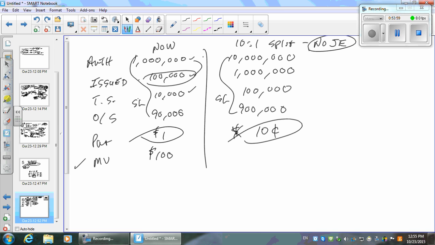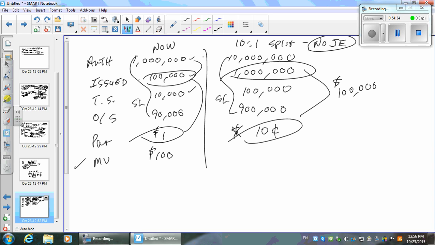You will see par values that are a penny, that are 1/10 of 1%. How does that happen? Over the years, they keep doing stock splits. You do enough 10-to-1 stock splits, we're already down to 10 cents. We do another 10-to-1, it's down to a penny. Got the idea? That's how that happens. So you'll see that, and it means nothing. What is the balance still in common stock? If there's 1 million shares at 10 cents per share, how much is it? $100,000. How much was it before? $100,000, right? No journal entry.